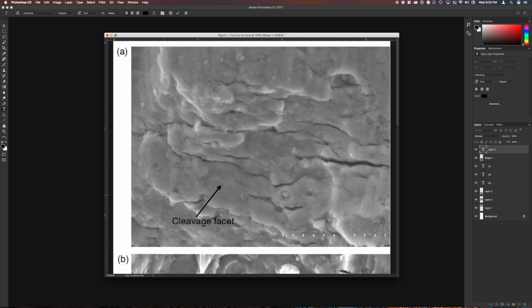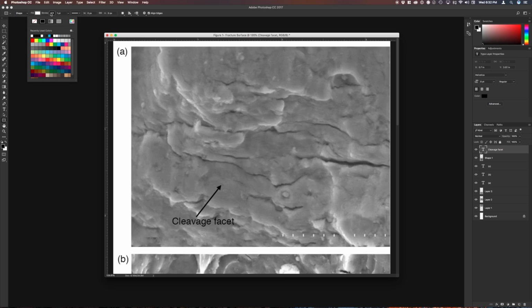So that's looking pretty good, but I think the black type over the dark background might be a little difficult to read. So what I'm going to want to do is go back to the Shapes tool, pick the Rectangle tool, and set the parameters where I have a fill of white, and for the stroke I'll pick no color. Then I can drag out a rectangle,